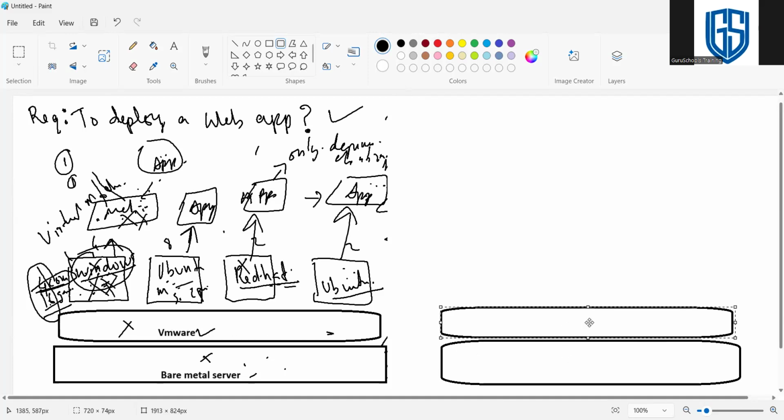We can install any operating system. So this is the bare metal.